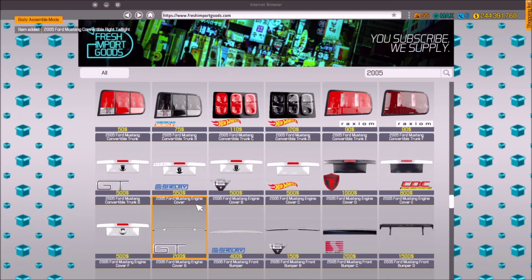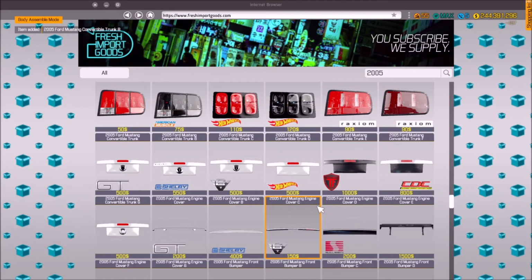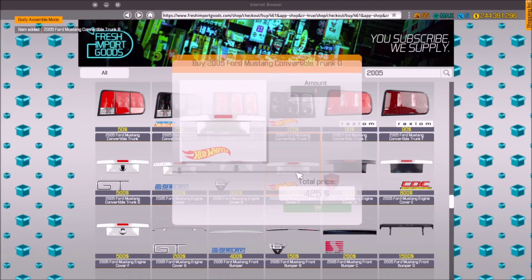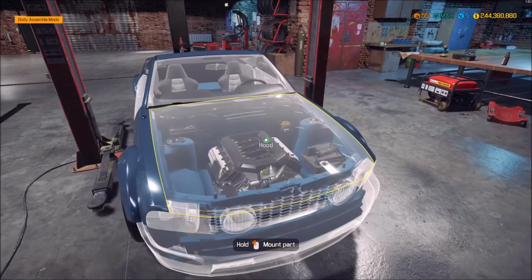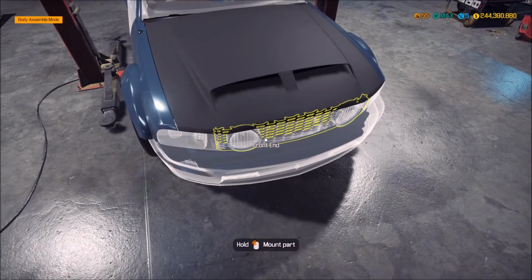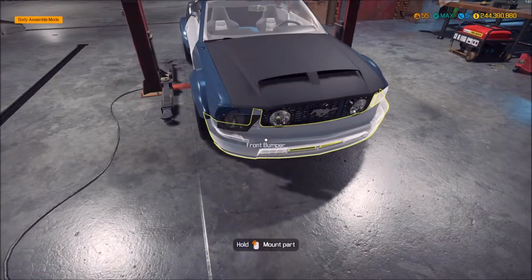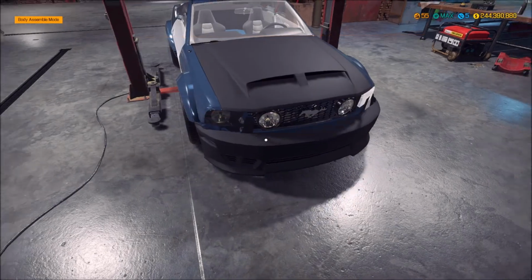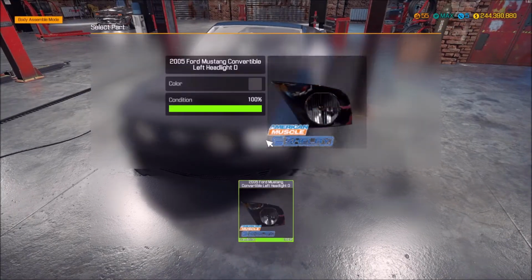Trunks. Do I have a Celine convertible trunk? Shelby. This is going to be like a real mixed bag of stuff, I'm telling you. Maybe I'll just go with the Hot Wheels. So this is going to be, like I said, a mixed bag. And I bet people are just rolling in their graves right now. So like a GT front end, we're going to put... we're going to kind of...